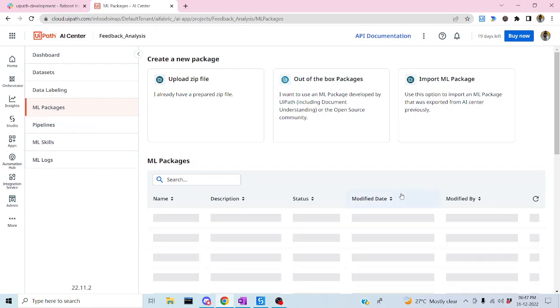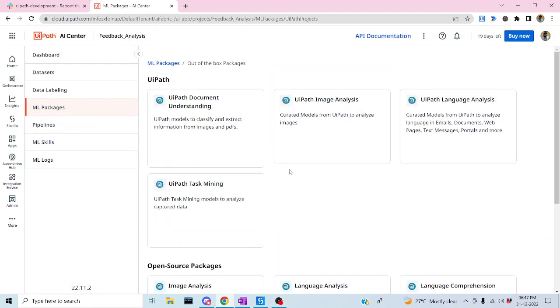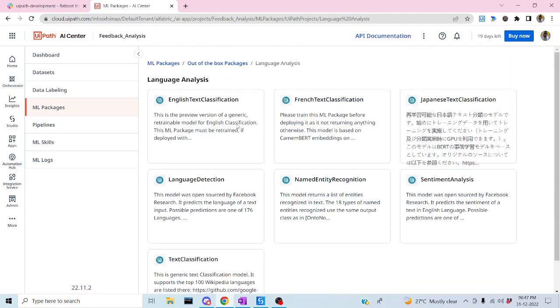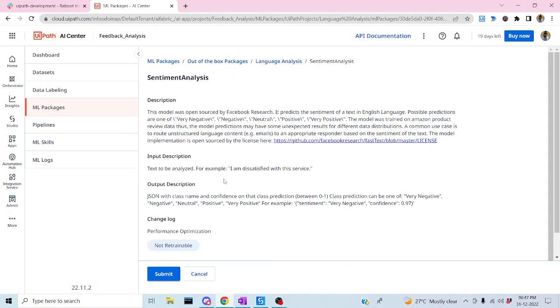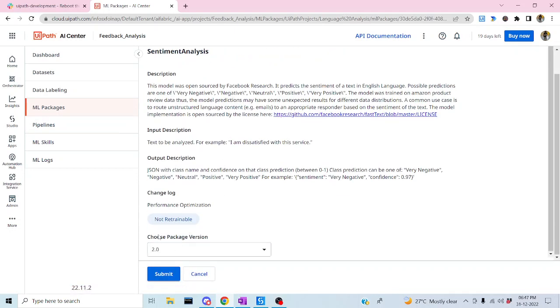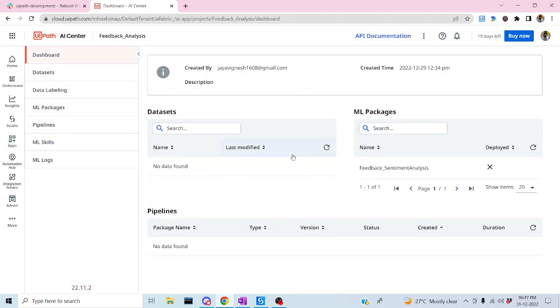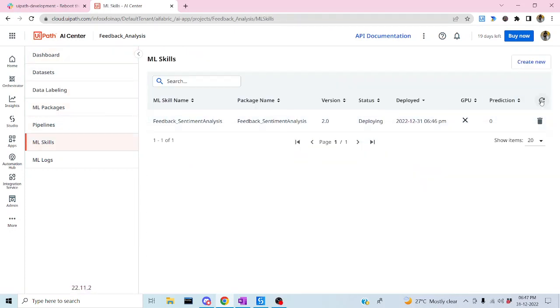Let me go to the ML package and show you the version, which I selected as 2. So here you can see, right, the maximum version of the sentiment analysis is version 2. That's why you're able to see only version 2 over there. Let me refresh. Let me wait a few more minutes for it to become available. Meanwhile,